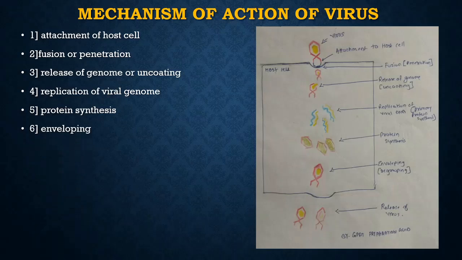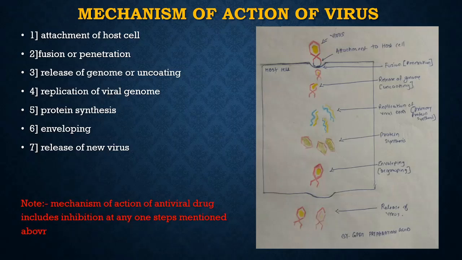Now both the ingredients come together and form an envelope. This process is known as enveloping. It means that the whole virus is formed inside the host cell again, and this virus gets released to infect another host cell. So this means one virus enters our host cell, infects that one host cell, forms new sub viruses, and those sub viruses go and infect our other cells. This is why one virus gets multiplied in our body to form illness.